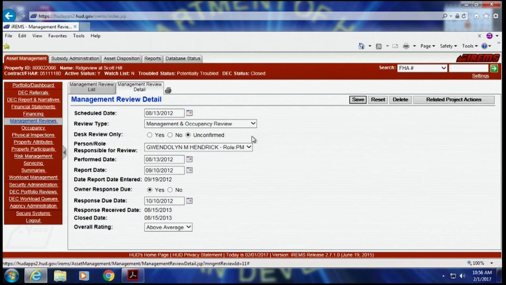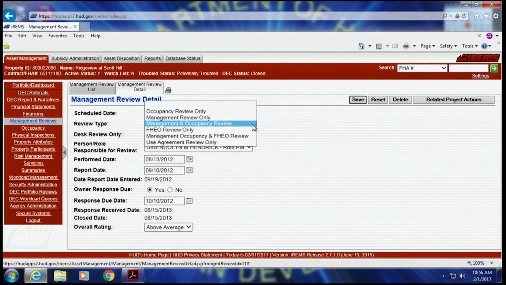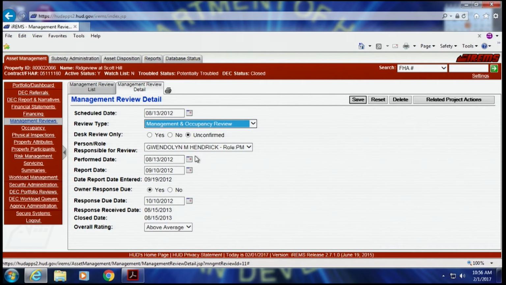And they are what type of review it was and who conducted it, the date it was performed, the report date, whether an owner response to the review was required, when the response was received, and then if you put